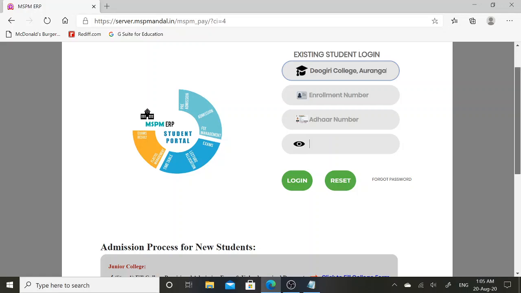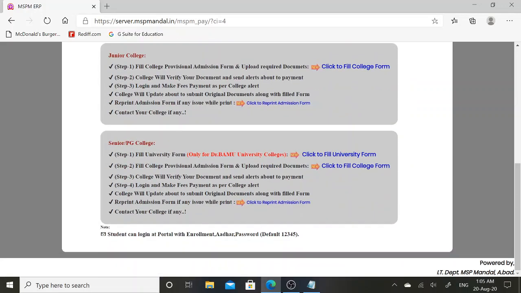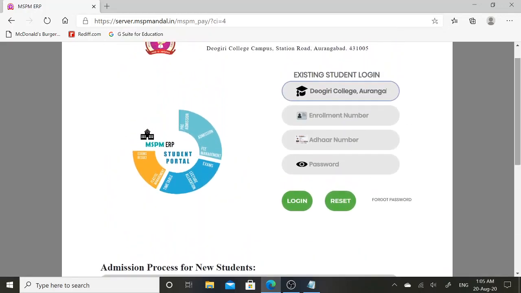If you scroll down this web page, you will get information about your default password. Here, the default password is mentioned as 12345 for each student. After filling in all the required details, I will click on the login button.